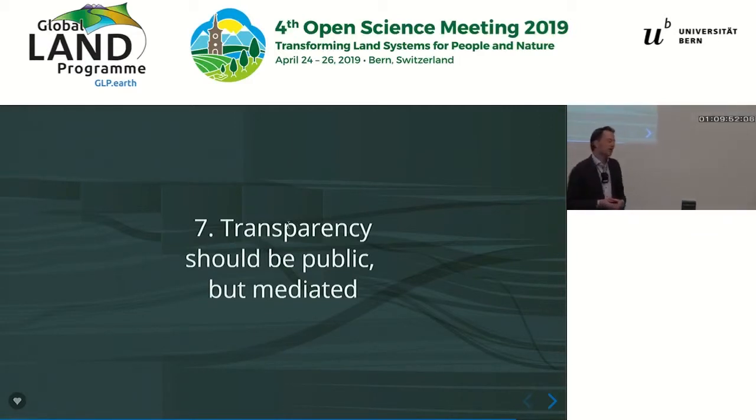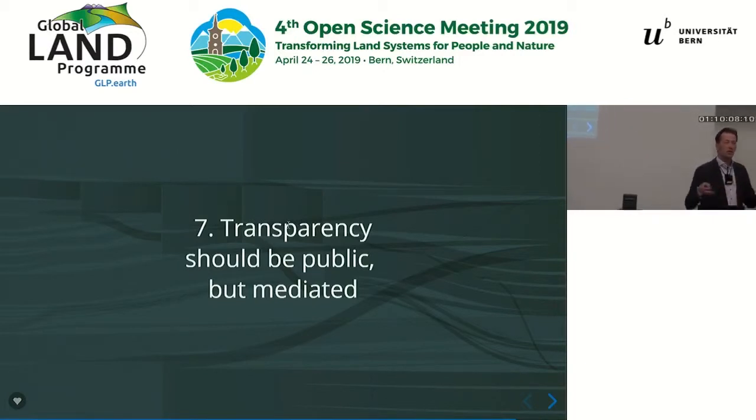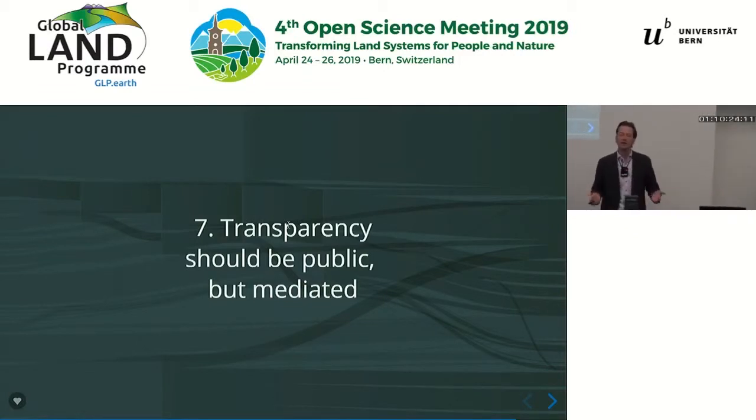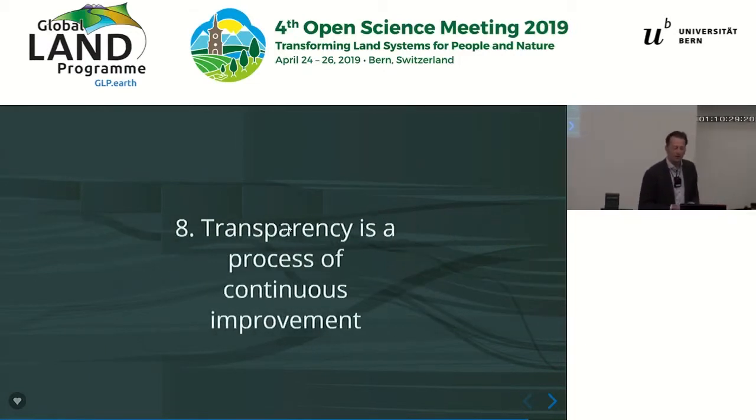Arthur Mol, who's a researcher in Holland, who's influenced quite a lot of my thinking, talks about infomediaries. So the actors that are mediating the information. And Trace is one of those. How do we play that role effectively and in the long term? Typically, whether ourselves, Global Forest Watch, Spot, and many other of these platforms, they're housed and run by civil society or research institutions that necessarily run on a project life cycle. We're in this to stay. We don't intend Trace, even though our funding is on a rolling basis, to just stop in 2021. We want this to stay open-ended. But how do we achieve that?